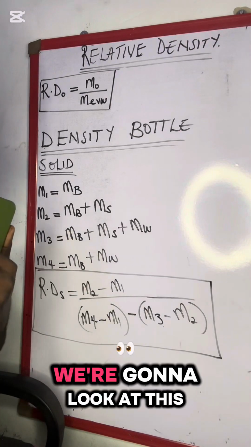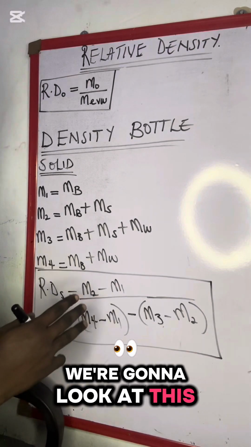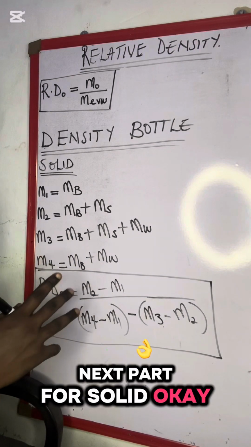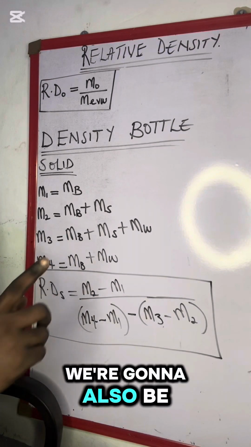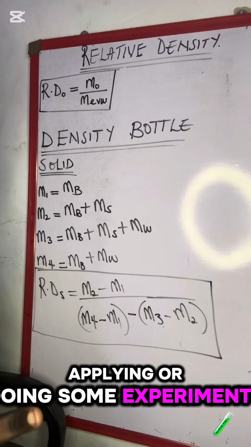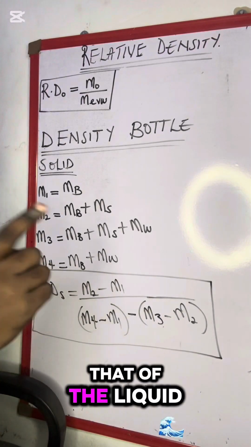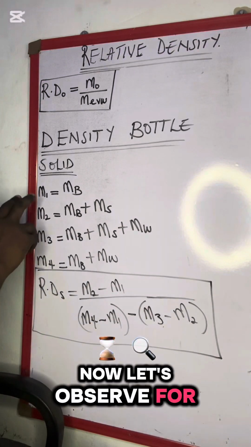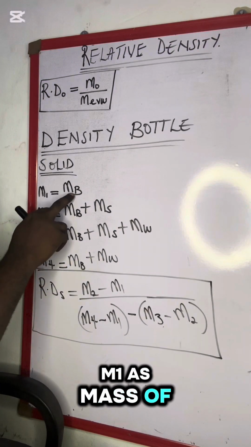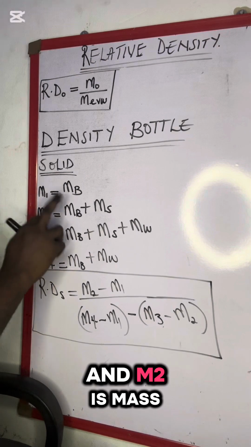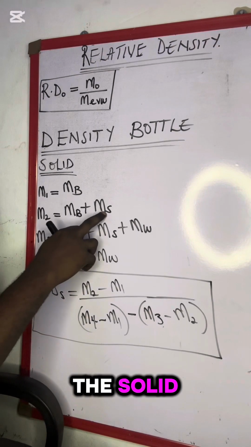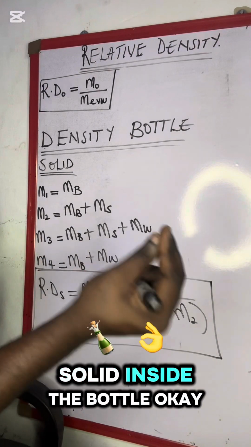Moving on, we're going to look at this next part for solid. Now for the solid, we're also going to be doing some experiments, although they're going to be a bit different from that of the liquid. Now let's observe. For the solid, I'm going to also do M1 as mass of the bottle, and M2 is mass of the bottle plus the solid,